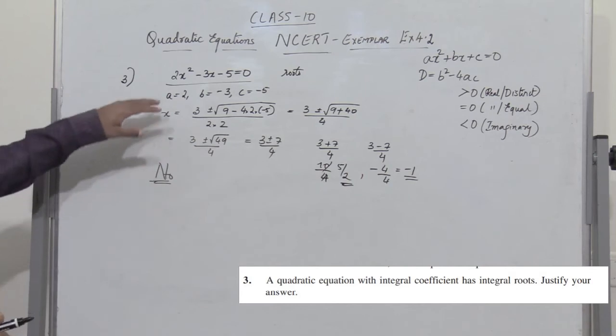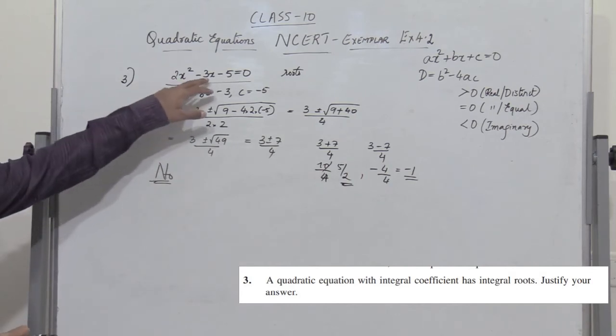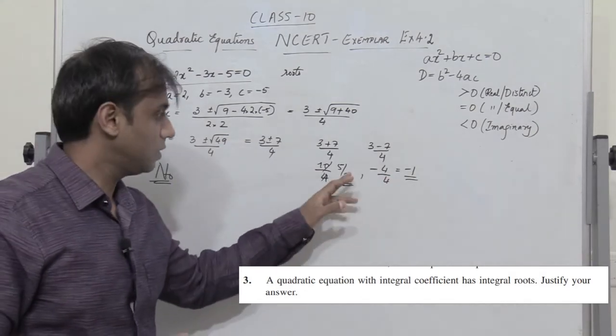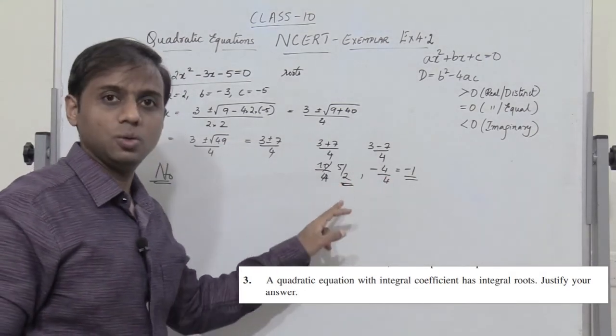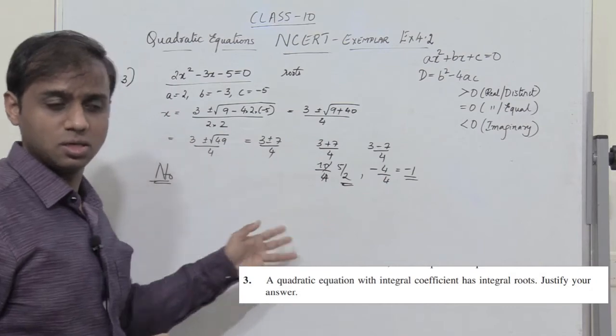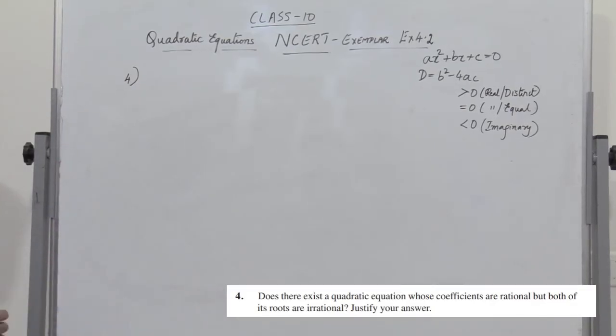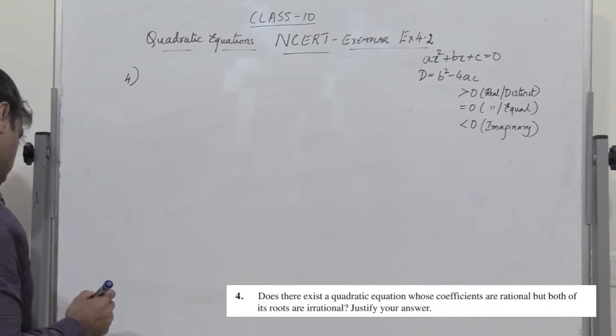So just because the coefficients of x square and x are integers, it doesn't mean that the roots are integers. So here we have got a case where you get 5 by 2, which is a fraction, and it is not an integer. Fourth one, does there exist a quadratic equation whose coefficients are rational but both its roots are